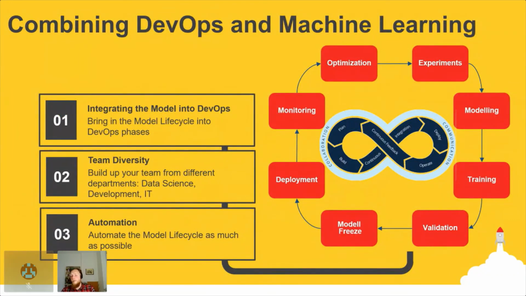And basically, what I would like to know is whether or not you have experience with it, because I think it would be an interesting idea to combine this machine learning lifecycle with the lifecycle of, let's say, DevOps development. So these phases of planning, building, and continuous integration might be augmented by the phases of the machine learning lifecycle: optimization, experimentation, modeling, training, validation. There are a lot of tools most likely that you can use for them, but just having the idea that you can combine DevOps and this machine learning lifecycle, I think is the interesting part here.